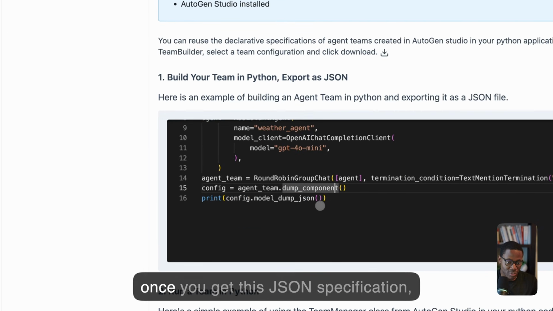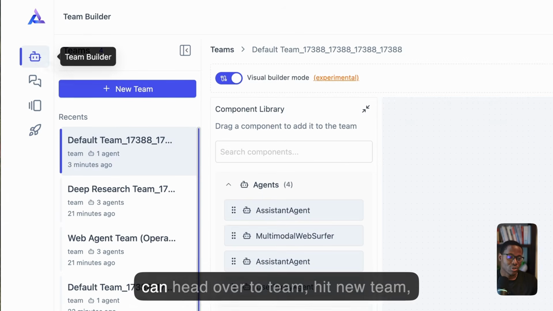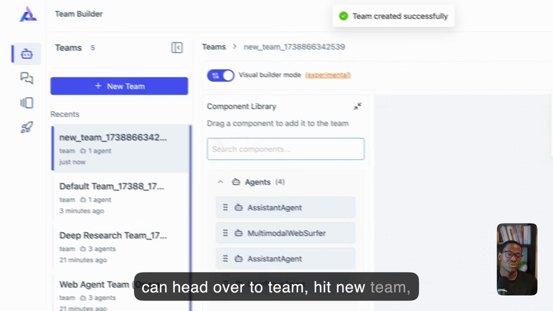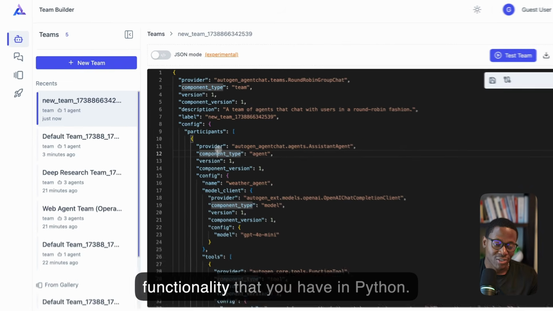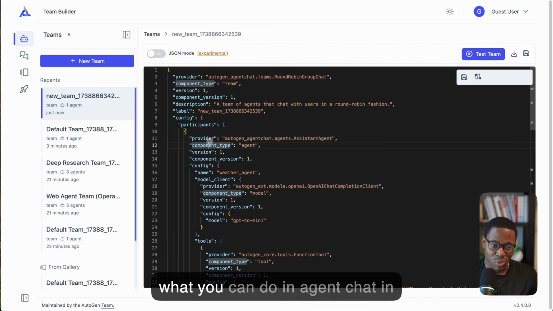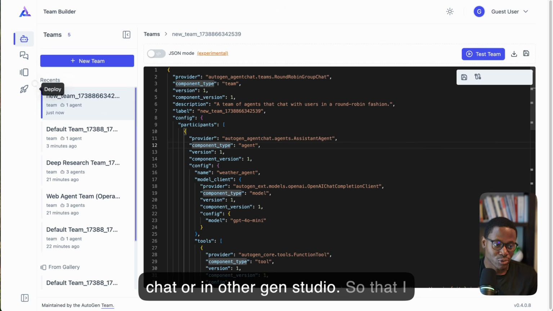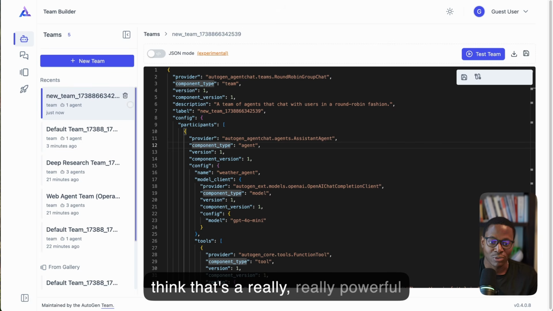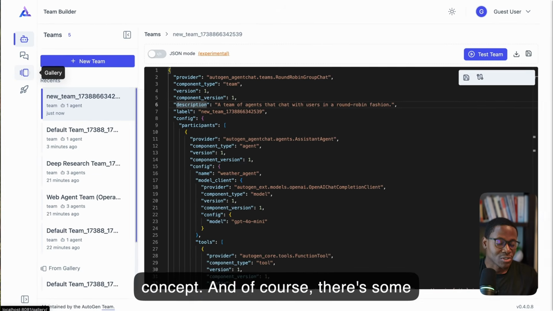Once you get this JSON specification, you can copy it, head over to theme, hit new theme, switch to JSON mode, paste that in here, and you get the exact same functionality that you have in Python. So you have almost one-to-one operability of behavior between what you can do in agent chat in Python and what you can do in AutoGen Studio. I think that's a really, really powerful concept. Of course, there are some tiny